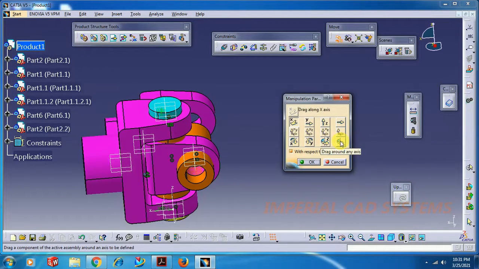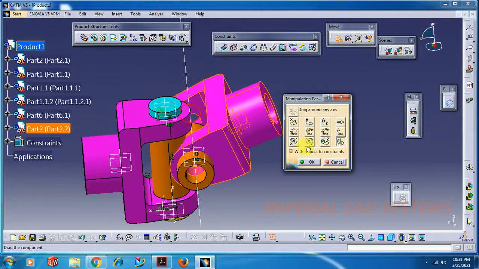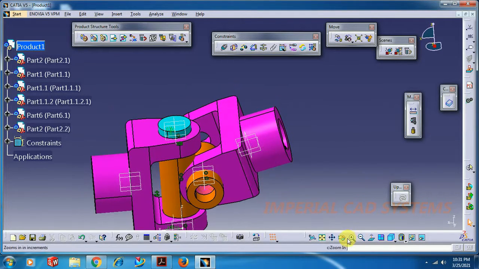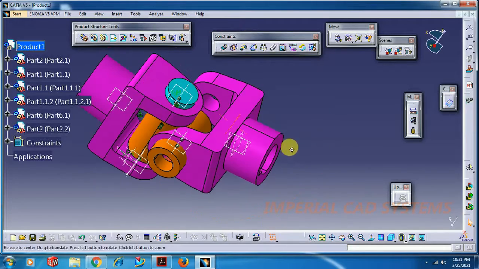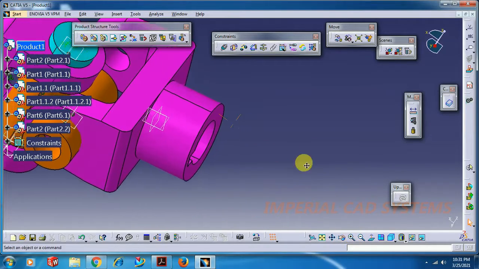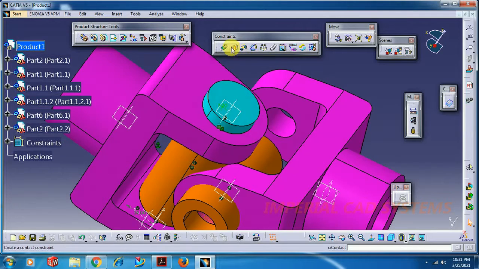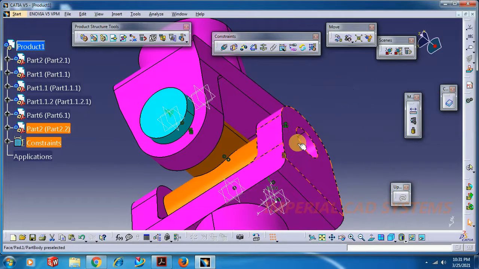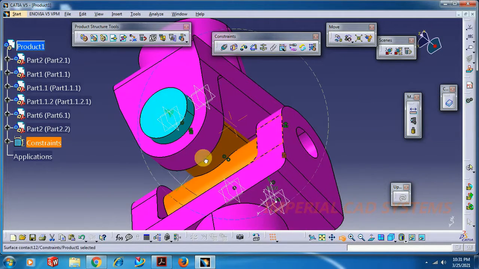Rotate, XYZ rotation, better go for drag around any axis so that you can select a proper axis, then you can rotate like this. Then go for contact constraint, either contact constraint or offset constraints. Go for contact constraint, select this surface and select this surface.